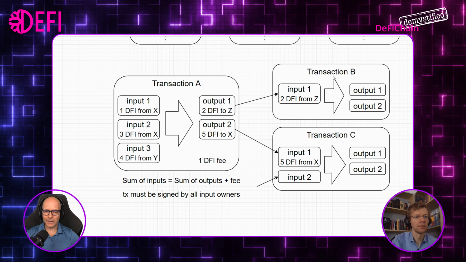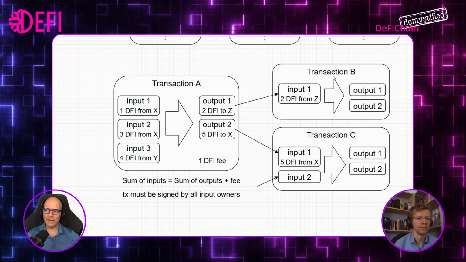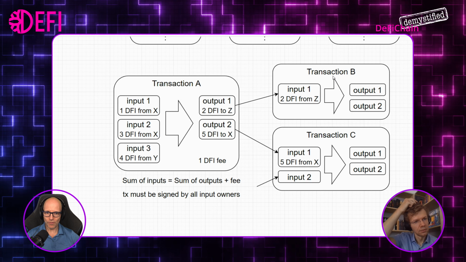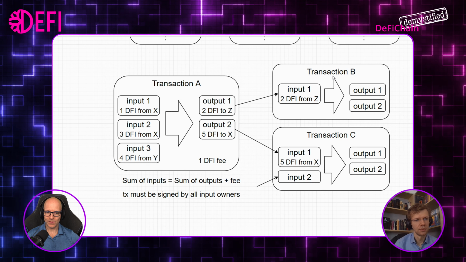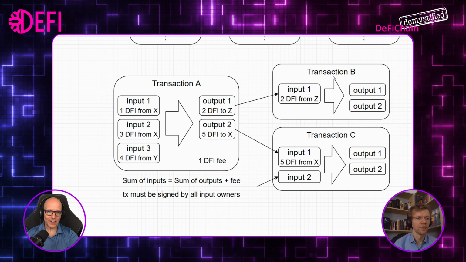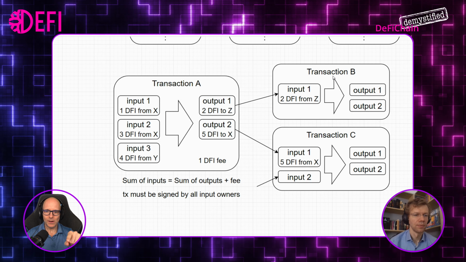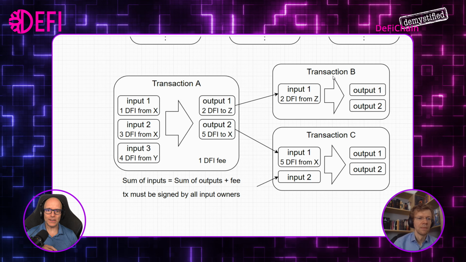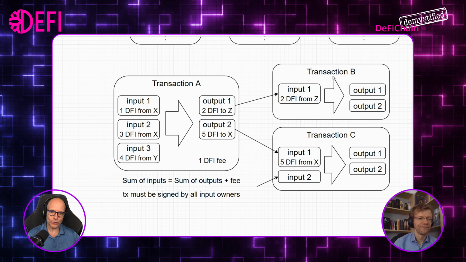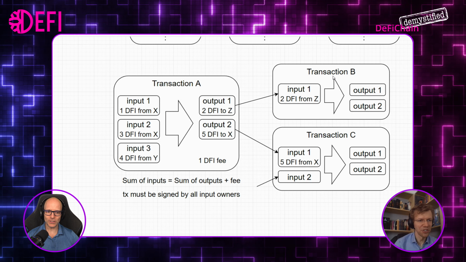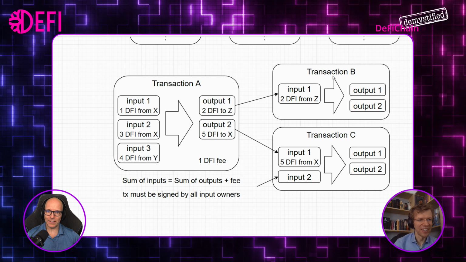That means that a transaction actually can have an indefinite number of UTXOs. Inputs. Yeah, input and output. So unspent transaction outputs become inputs. Exactly. It can be an endless list of UTXOs actually getting combined for a transaction. Is there a physical limitation? Okay, that's the question. Is there a limitation?